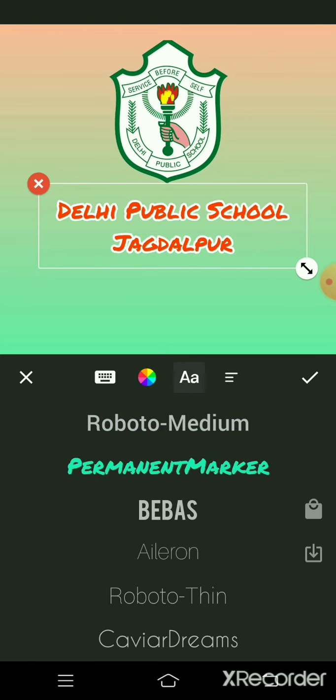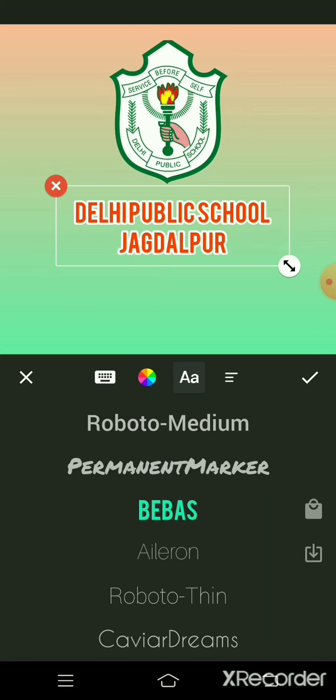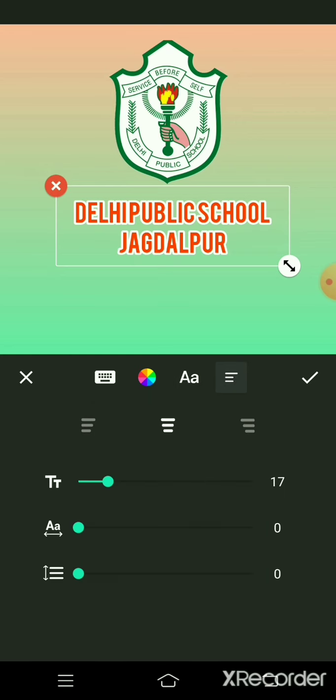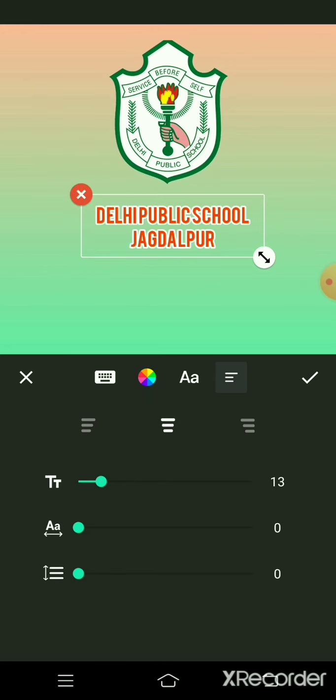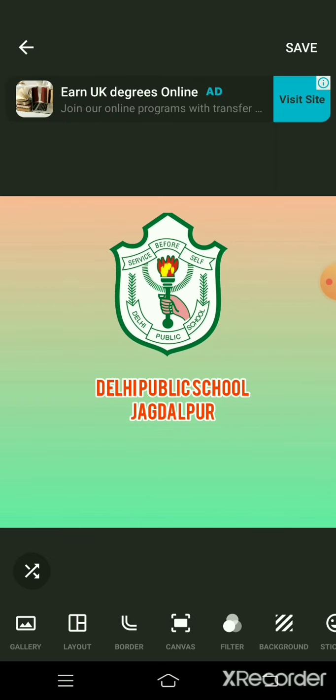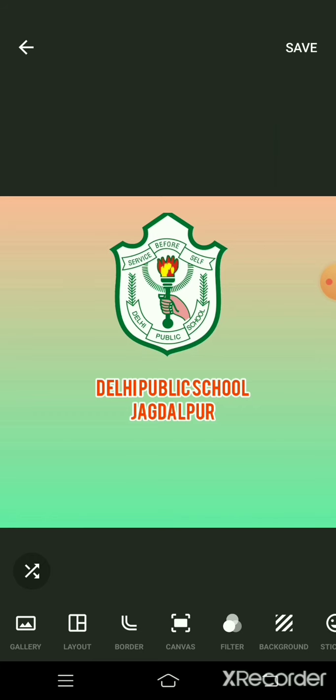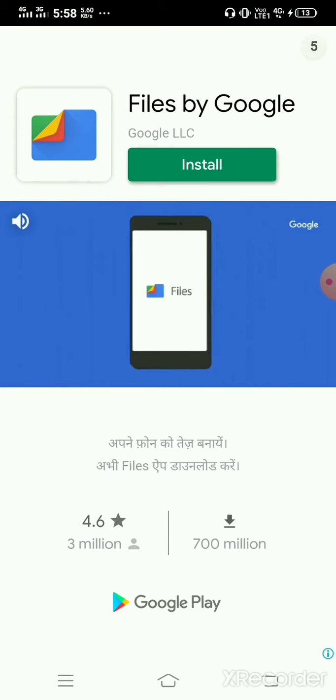And then, after changing the font or color, you can even set the alignment, and you can set its size. After doing all this, you need to click on the right button. After that, if you find that your page is ready, you can click on the save button.